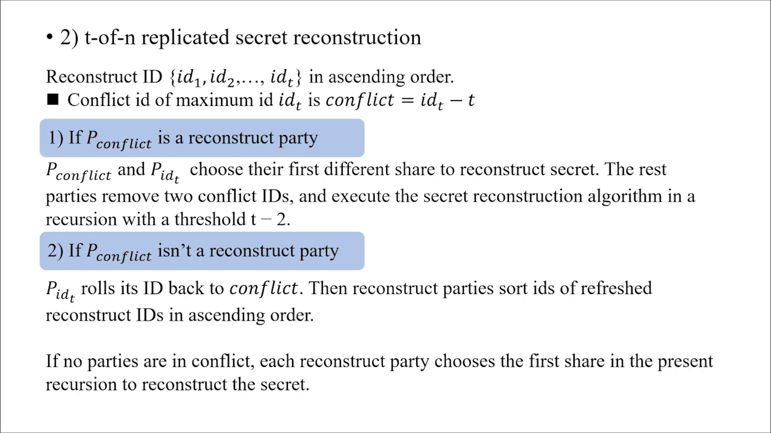If P conflict is not a reconstruct party, which means shares of PIDT that are generated after the conflict will not be used. Instead, PIDT will choose one from shares copied from P conflict. Thus, PIDT rolls its ID back to conflict. Then reconstruct parties sort IDs or refresh reconstruct parties in ascending order, and execute step 1, step 2 in a loop. If no parties are in conflict, each reconstruct party chooses the first share in the present recurrent to reconstruct